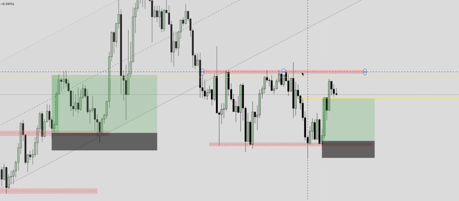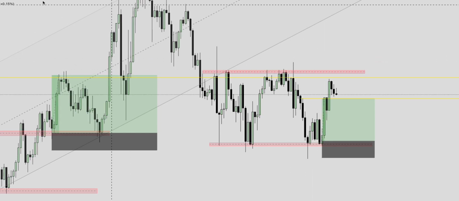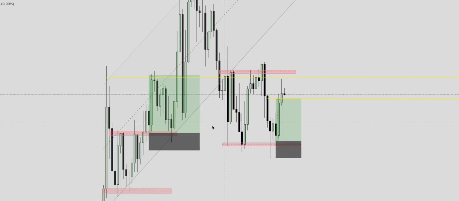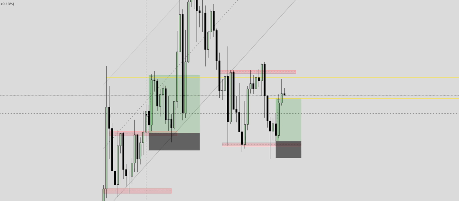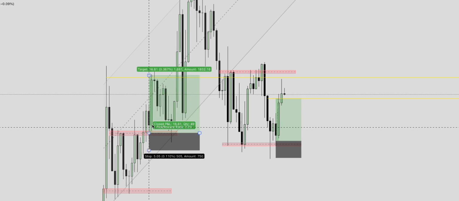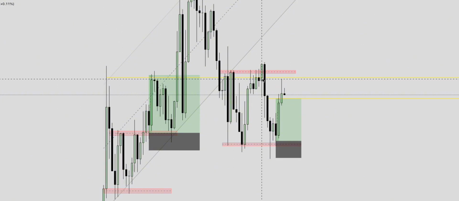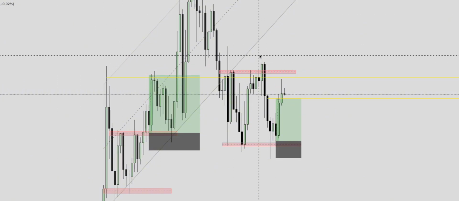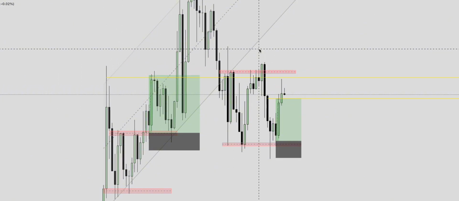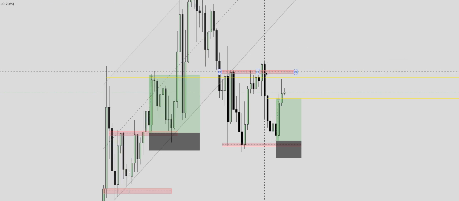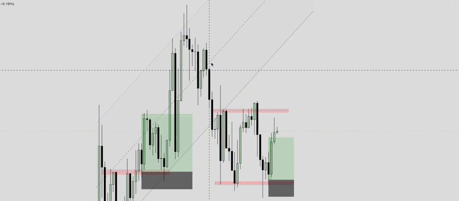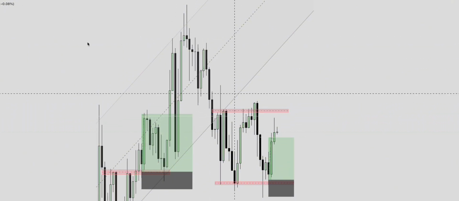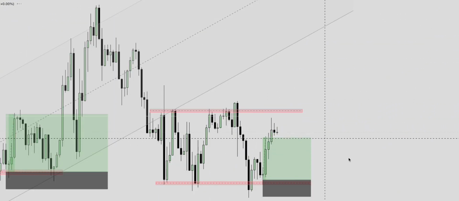Instead, I wanted market to come above here and then above this level. So I wanted to see something like the same way I took this trade yesterday. I wanted to see it above this level, the same way it came out, and then I will get in on the retest. So this candlestick, I wanted it above this level, and then I'll get in on the retest somewhere around here, and then try to push it back to somewhere around here and here. But market did not do that.